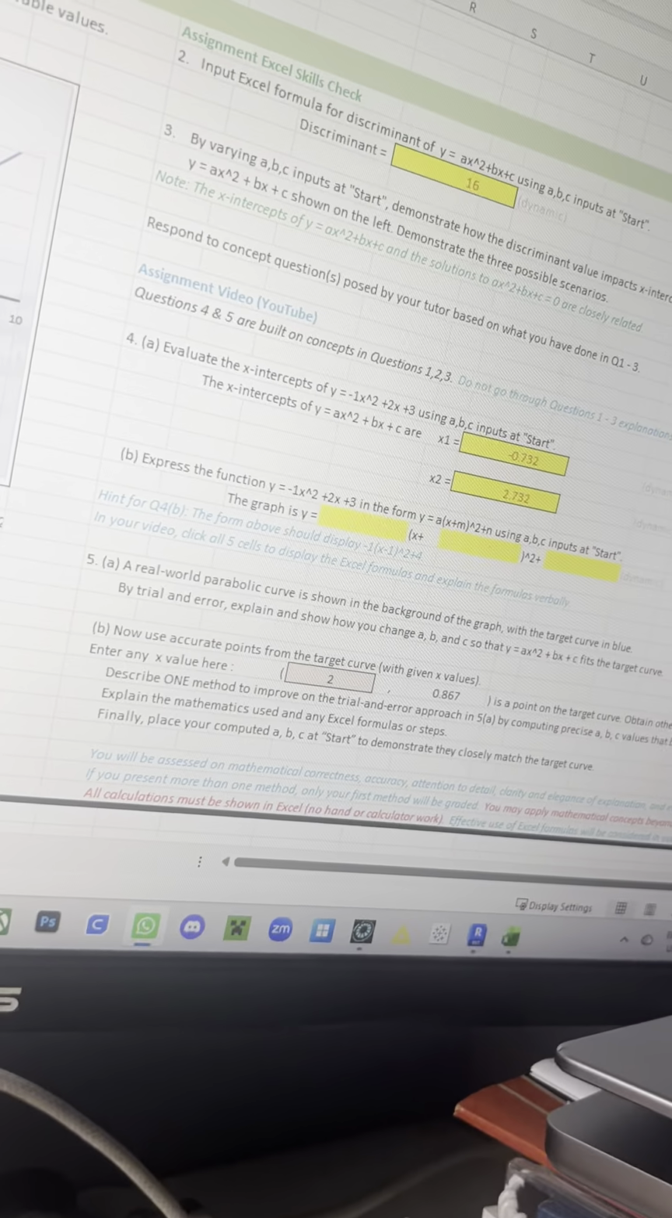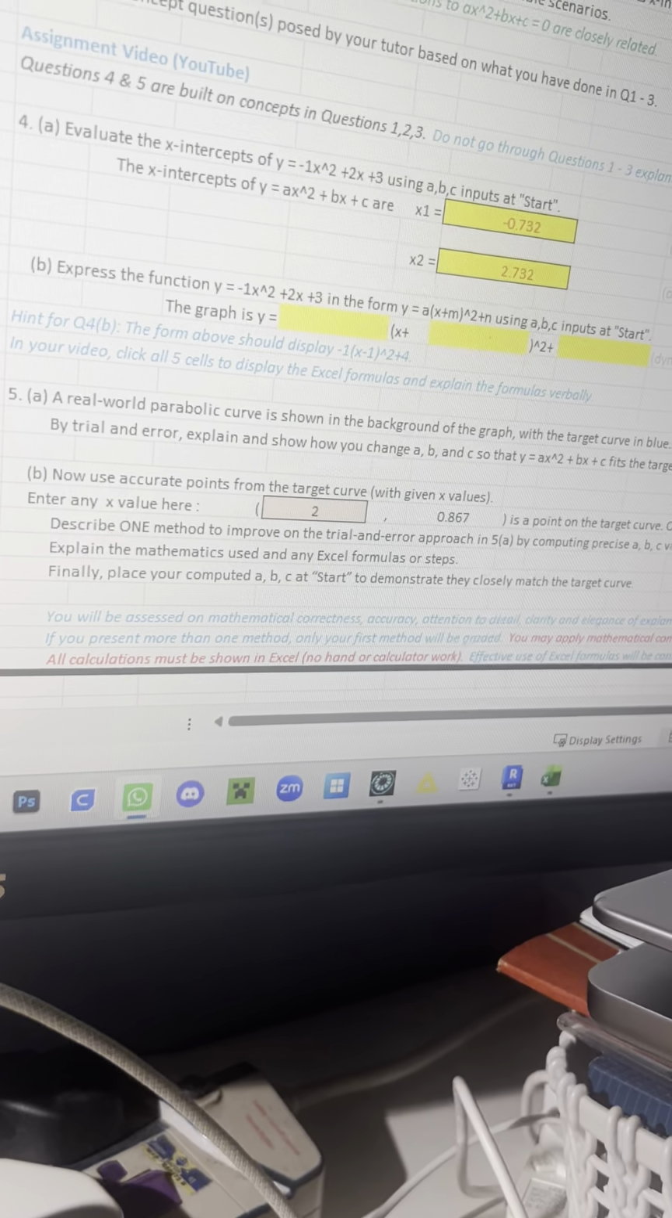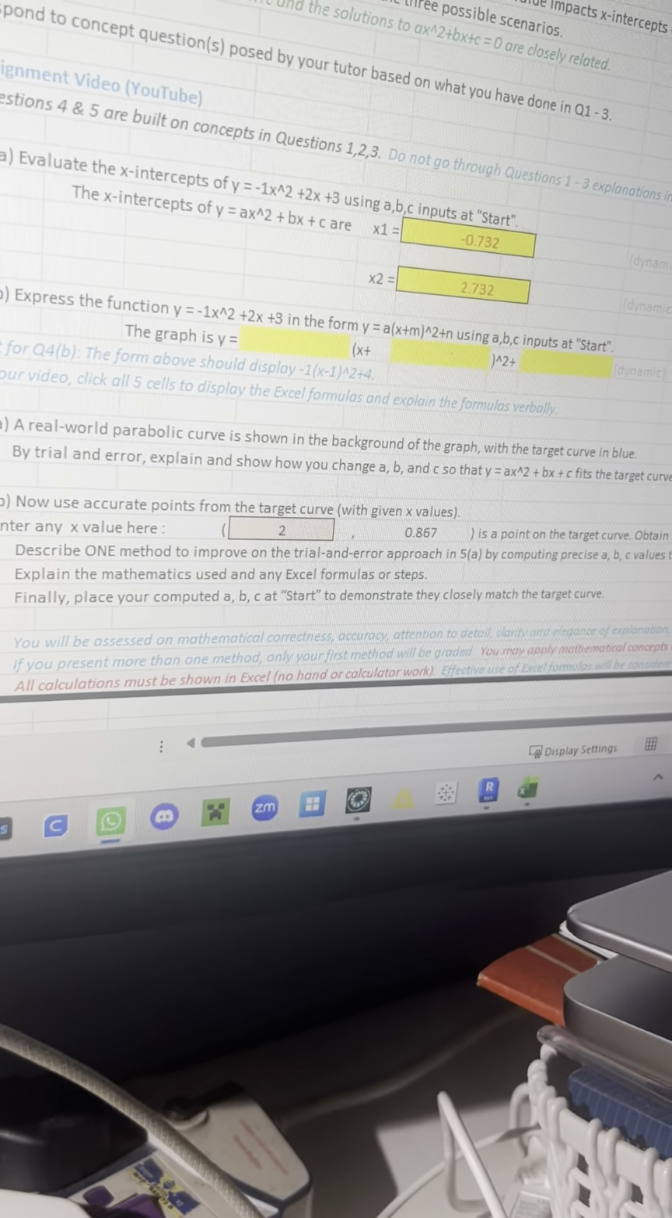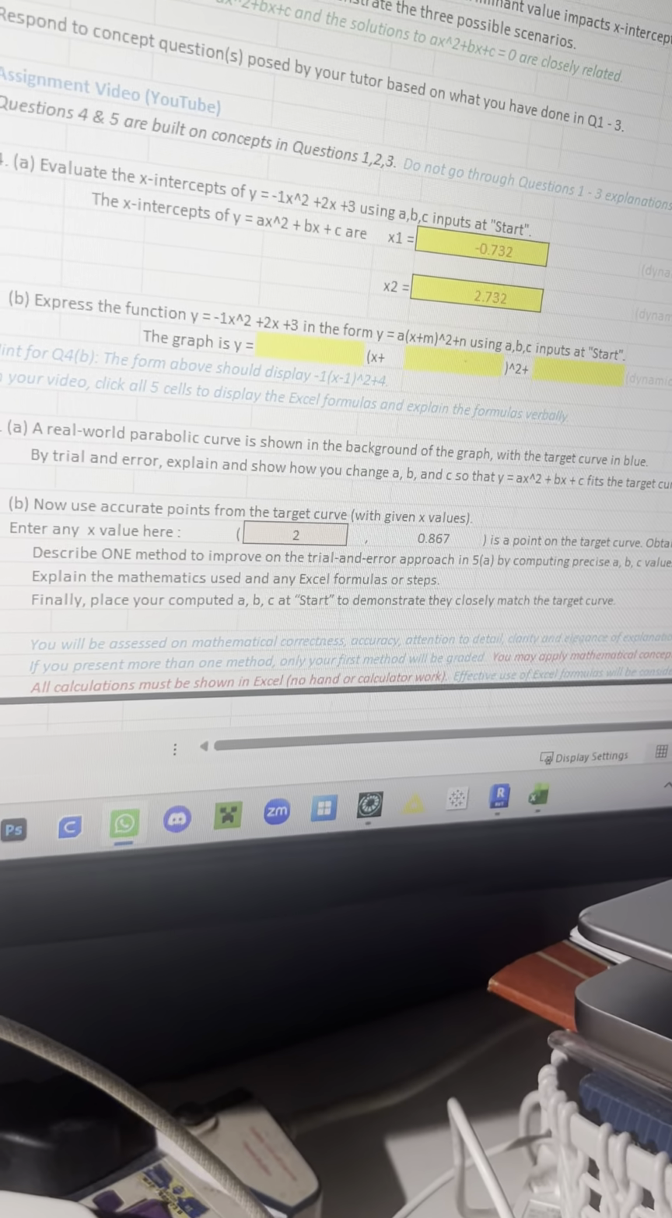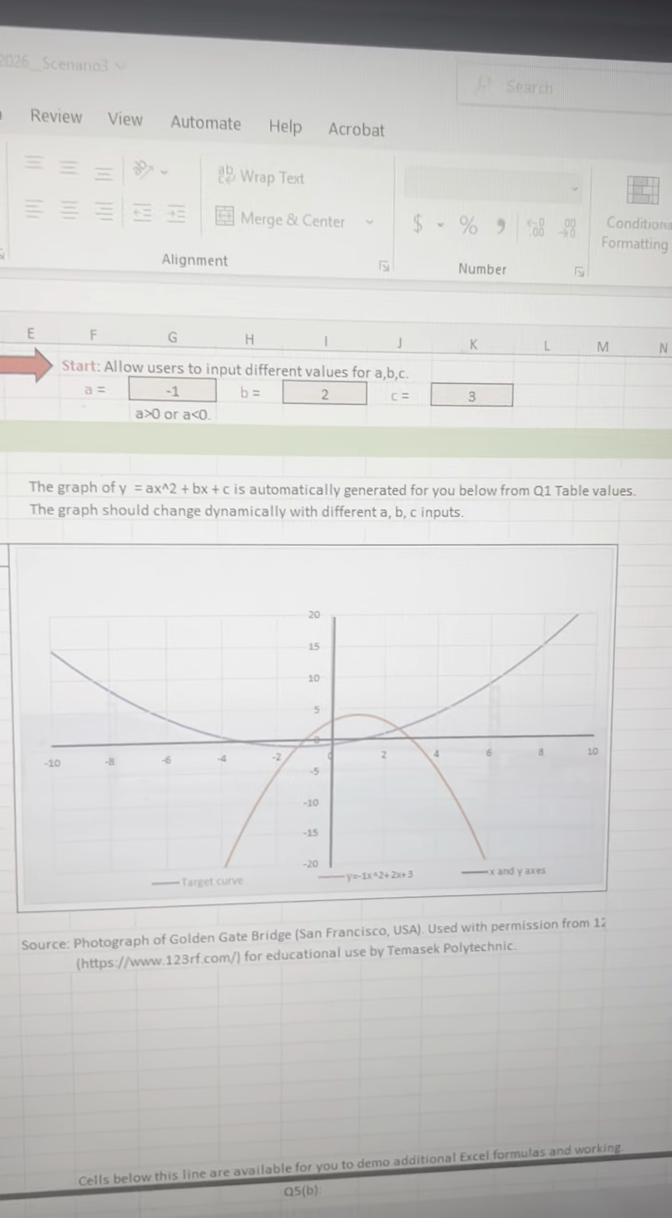So the precise method to improve upon manual guessing, I used a more systematic approach. Since I have a specific point on the target curve, like these numbers over here, I can use that point to create an equation. The logic is identifying the vertex h and k, these numbers, the vertex of the target curve from the graph, I can substitute into the vertex form